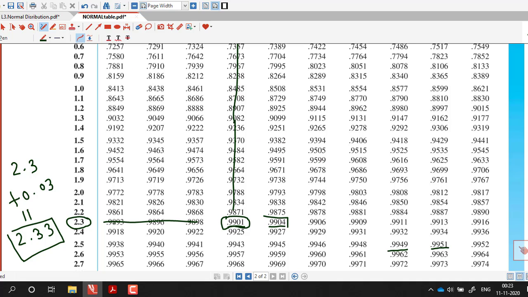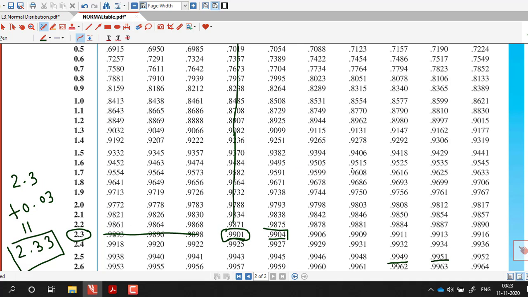So here we can see 0.95. Here we have 0.9495 and this is 0.9505. Both are near to 0.95. We find that 0.9495 and 0.9505 both are near to 0.95, because if we take difference of